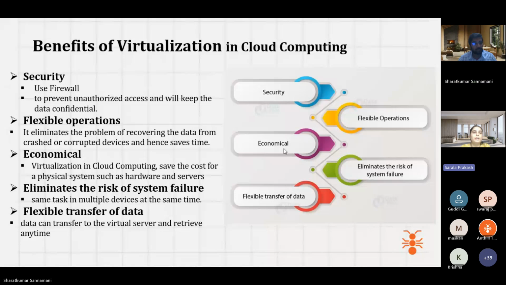Security is a very important thing because you're running some important application or developing something which you are only doing, and you should not allow others to access it. From a security reason, virtualization plays a huge role. Maybe it is a network firewall, which will scan all your data, incoming or outgoing, in case some hacker tries to attack your systems. In that case, security plays a very important role.